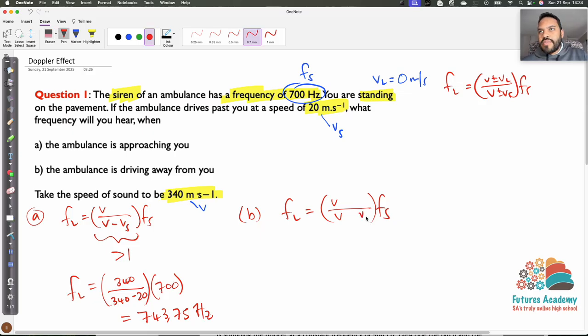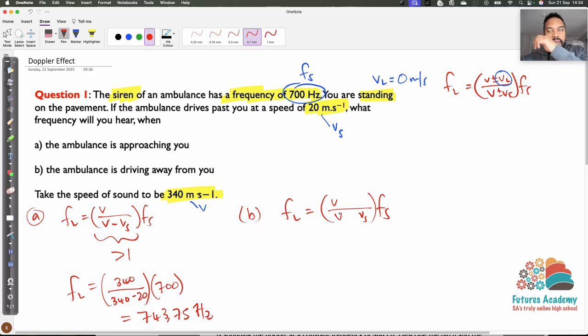So this is going to be Vs, and the VL, this part over here is falling away because you are standing on the pavement, right? So VL is 0, so we just leave this as V,